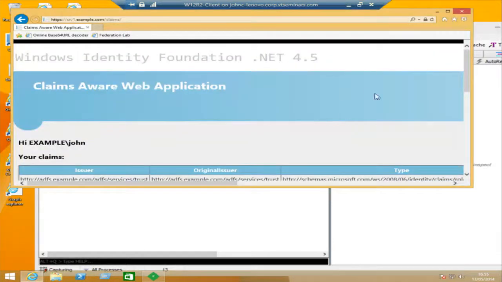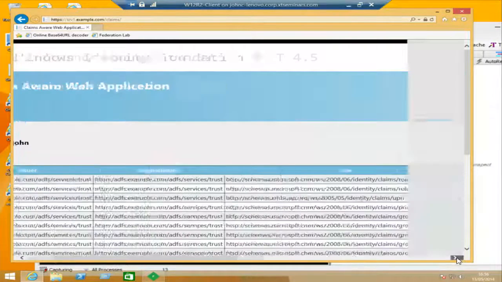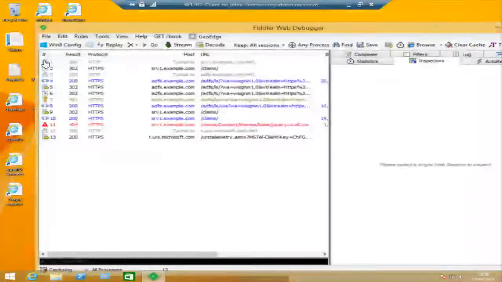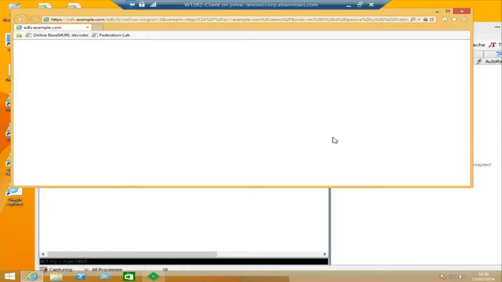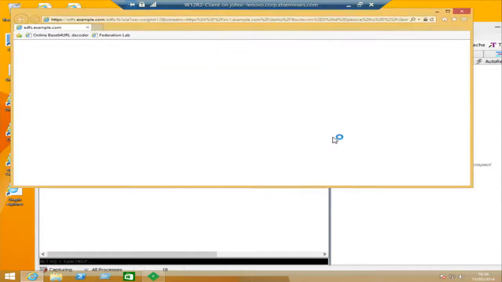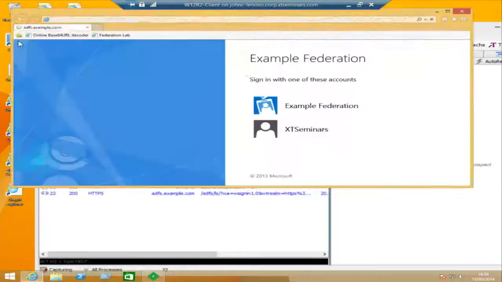Okay, so that's in. And just to verify that, if you remember, let's just show that we do have somewhere down here an email address. So the email address is coming through. Okay, let's just close that. Actually, sorry, let's get rid of my cookies again. So I'm going to dump the cookies, and I'm going to go back in again, and this time I'm going